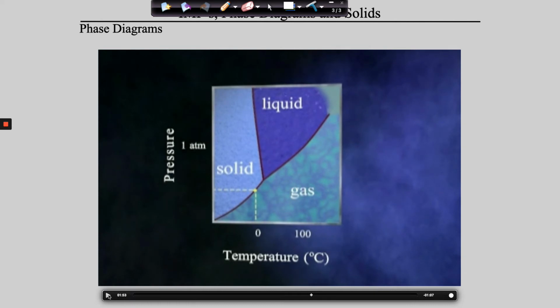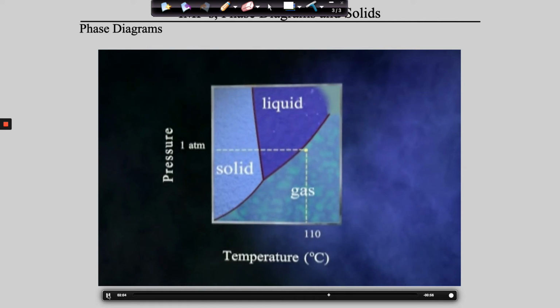Okay, check this one out. We can also track the changes in a sample of water as we vary pressure. If the pressure is increased... So guys, check this out. Now we've got a gas at a relatively low pressure, but we're in a gas, so we're at a higher temperature. What's going to happen if we take this gas and squeeze it? Does that dot go up, down, left, or right if we're squeezing it? It will go up, and what will happen to the gas? It will liquefy. A sample of water vapor at 110 degrees Celsius will condense as it crosses the